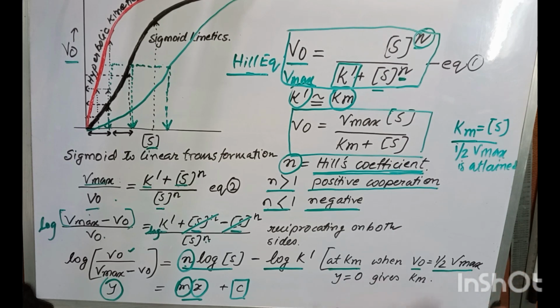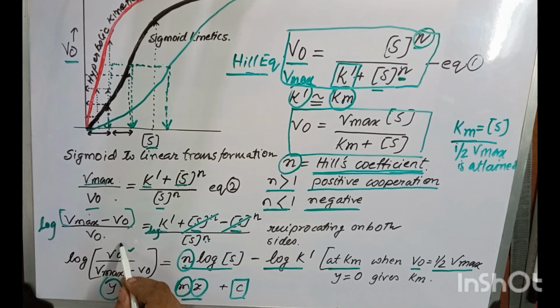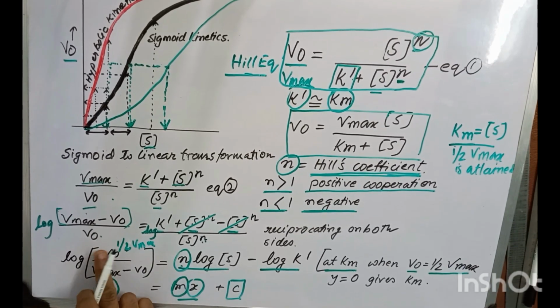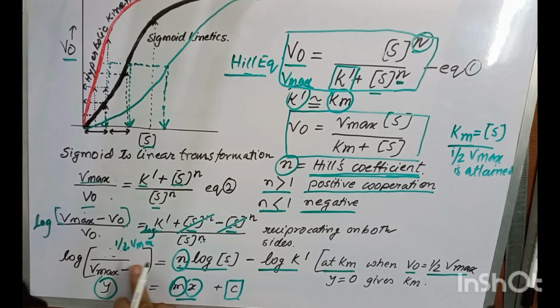We always know that. So if we write half Vmax instead of V0, and here also write Vmax by 2,